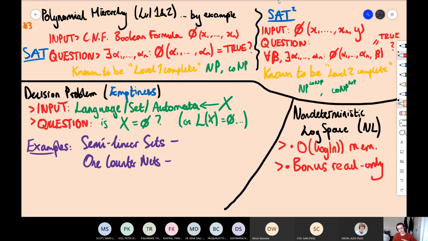You can't obviously write bits and bytes to it. That would be illegal. You would end up having more than log n memory in that sense. So we only have log n memory to play with, but we have an extra linear amount of read-only memory for the input. And then I'm just going to write non-determinism, so non-det is okay. We'll give it a smiley face.